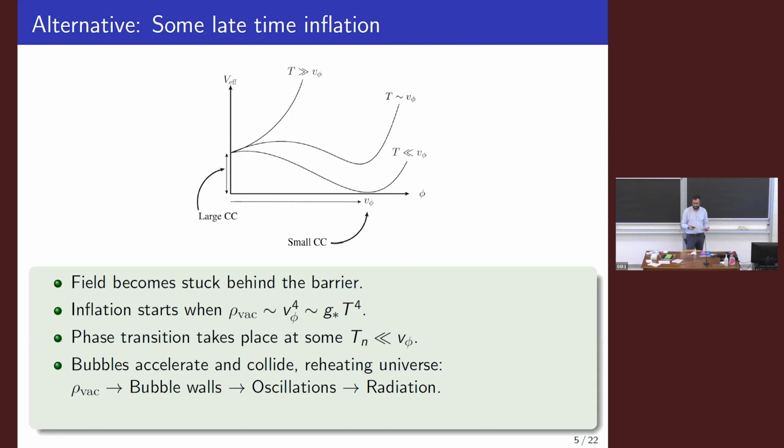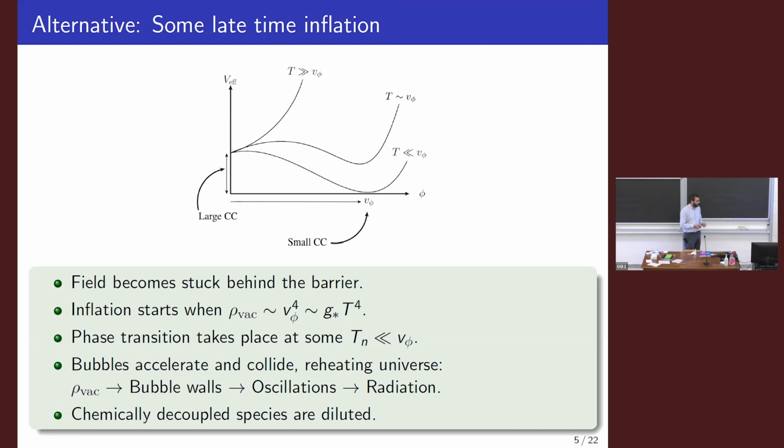Yeah? And then when this happens, we enter this inflationary epoch, and when the phase transition finally takes place, there's not a lot of plasma around typically, and the bubbles will accelerate until they collide. And you have this picture where the vacuum energy density that was present just before the phase transition goes into the bubble walls, and these eventually collide. You have some oscillations. When the fields from opposing bubbles collide, it'll be a violent process, and you'll have some oscillations about this minimum. You can just imagine some crazy fluctuating scalar field, and eventually you'll have this field oscillating here, and then it'll decay in a model-dependent fashion back into radiation,